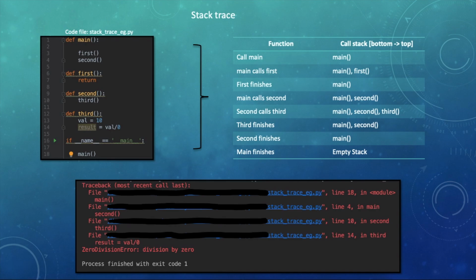So if we read the stack trace again now, it is telling us that at some point in the life of this program, it called the method main in stack trace example.py, which called second in stack trace example.py, which in turn called third in stack trace example.py, which ran into an unbound local error on line 14. So for the developer performing a post-mortem debug, the stack trace is essential information that will help them connect the dots.